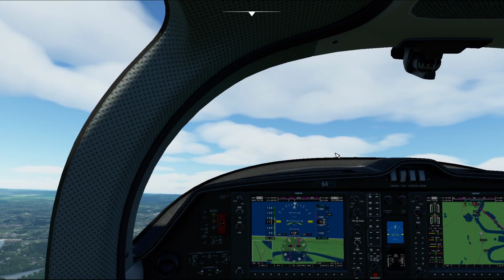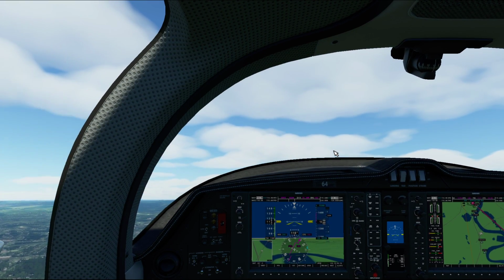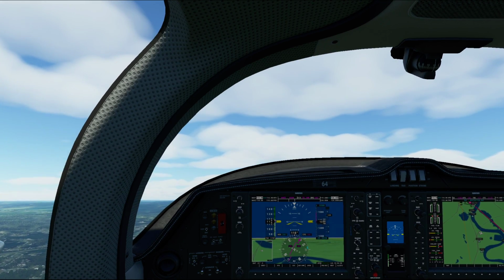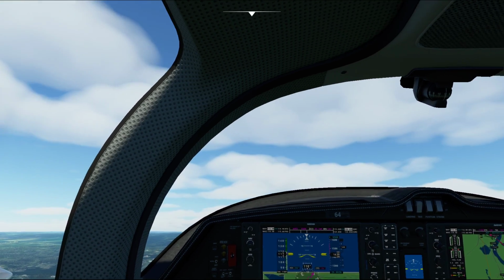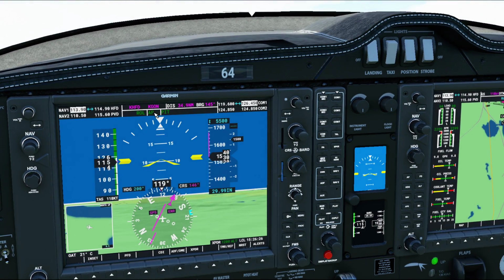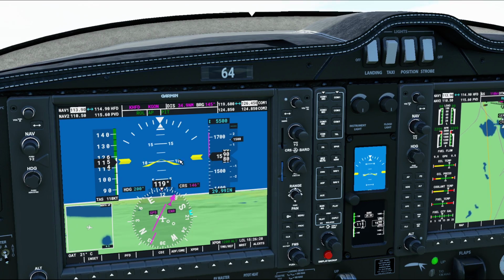Okay, let's take a look at the autopilot for a second here. So just a little bit of trim. Beautiful. Okay. First things first, turn on the autopilot. You'll know that the automatic pilot is on by doing this. If you don't set any modes,